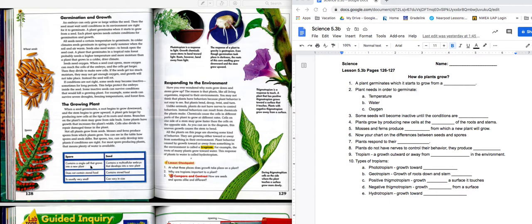It contains a single cell that grows to a new plant. What's a seed? It's multicellular. That'll develop in a new plant. A spore does not contain stored food. A seed definitely has stored food. A spore is usually very small,